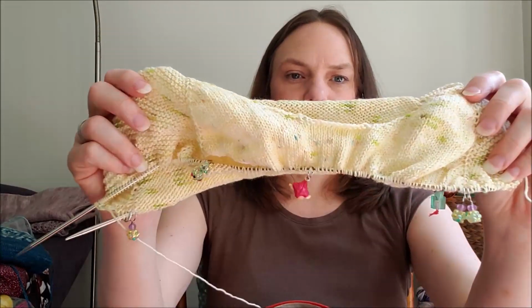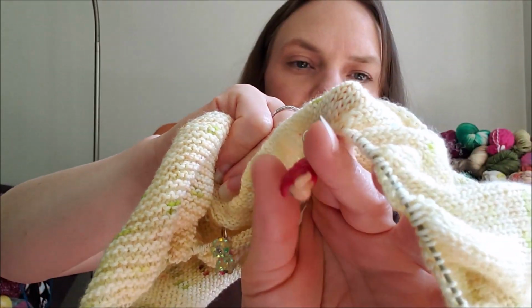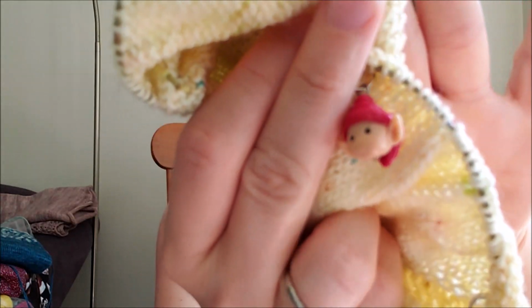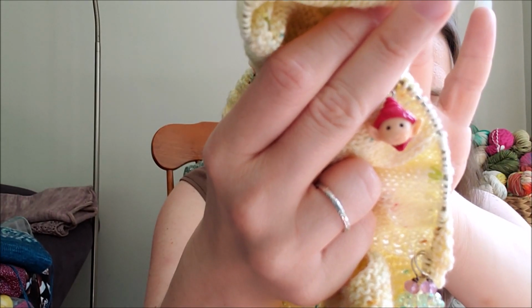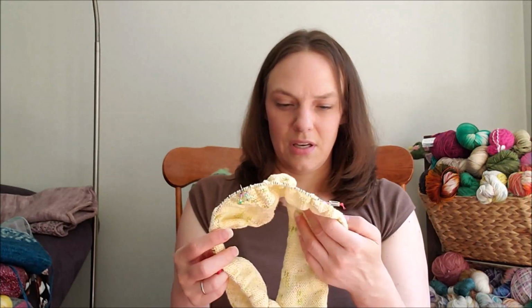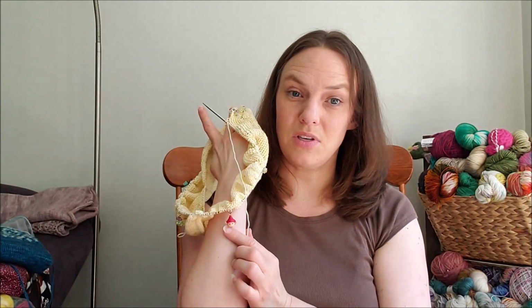But this is one of my first ever stitch markers, like that I ever bought from Etsy. It was in a little set called Red Whimsy. So I have this gnome or elf and a bunch of the little like red mushrooms with the white dots that I think of as being like Mario Brothers type mushrooms. So it's a really cute set, but I just have the main one on there that I'm using for my